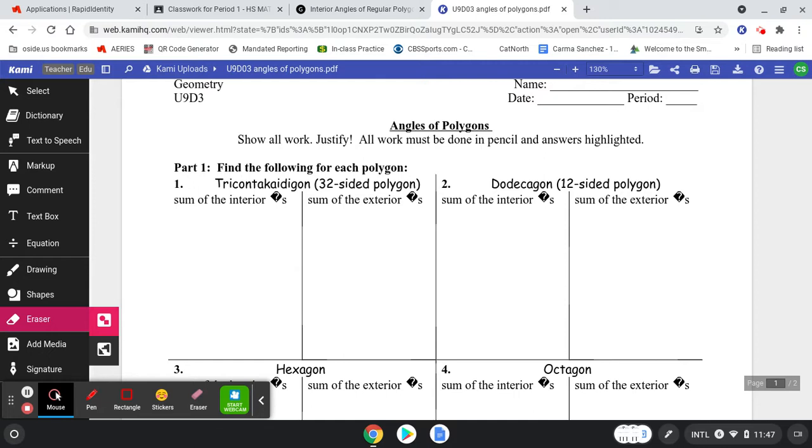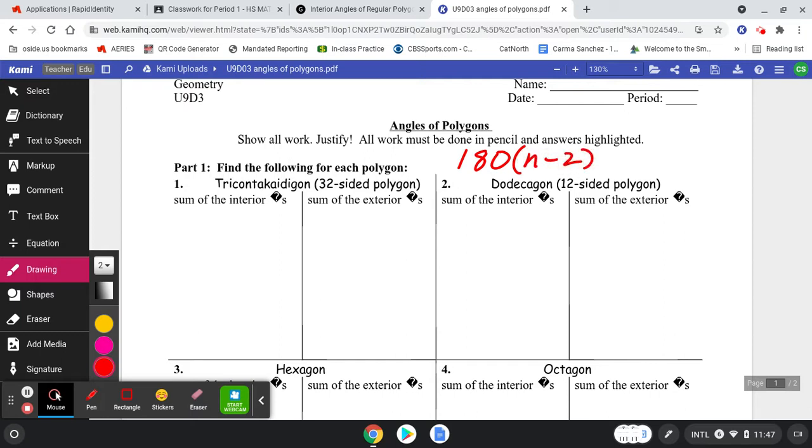So what is that little formula that we just learned the other day? Remember, it has to do with the number of triangles that we can draw inside of a polygon. And inside a triangle is 180 degrees. So that little formula we learned the other day is where we go 180 times the number of triangles, n minus 2. So the sum of the interiors is here for a